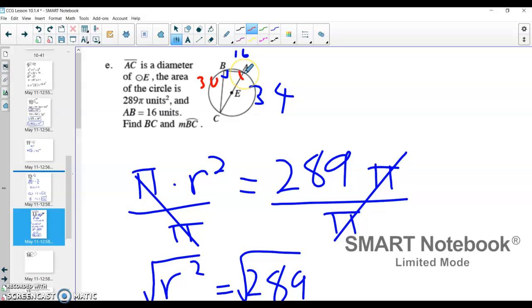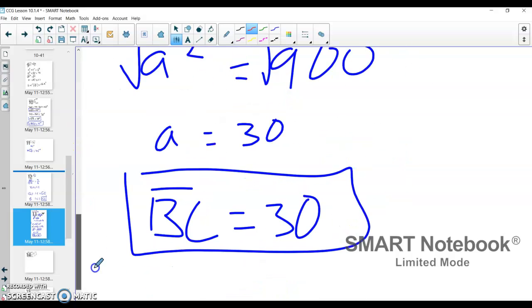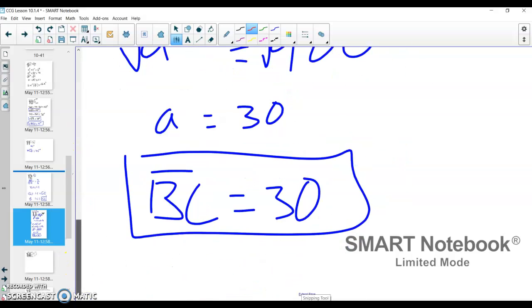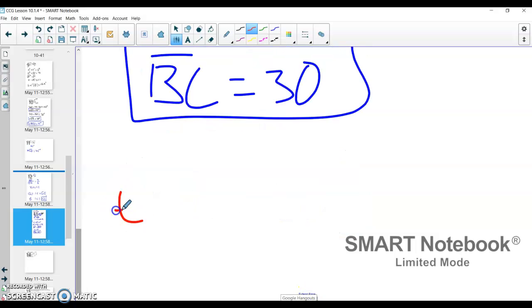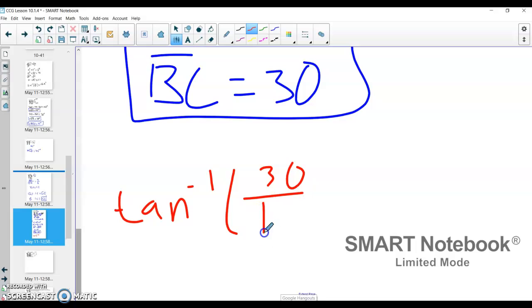I'm going to do opposite over adjacent, with 30 being opposite and 16 being adjacent. Because it's opposite over adjacent, I'm going to use tangent inverse. The tangent inverse of my opposite, which was 30, over my adjacent, which is 16, gives me an angle. If I do inverse tangent of 30 divided by 16, that gives me